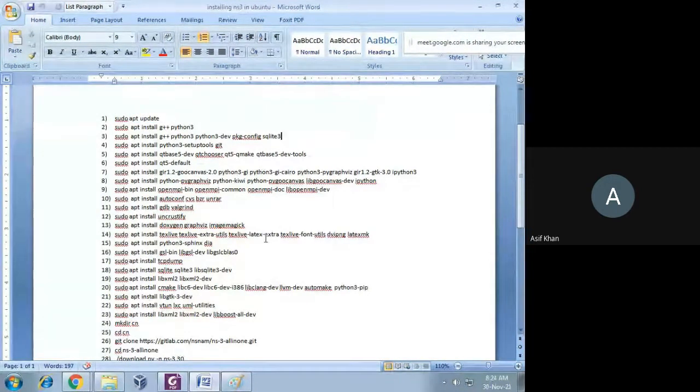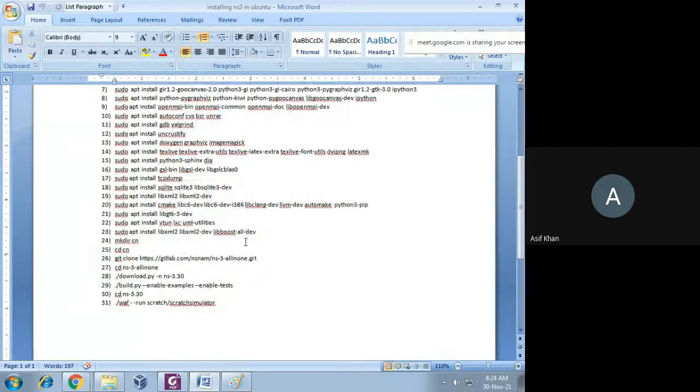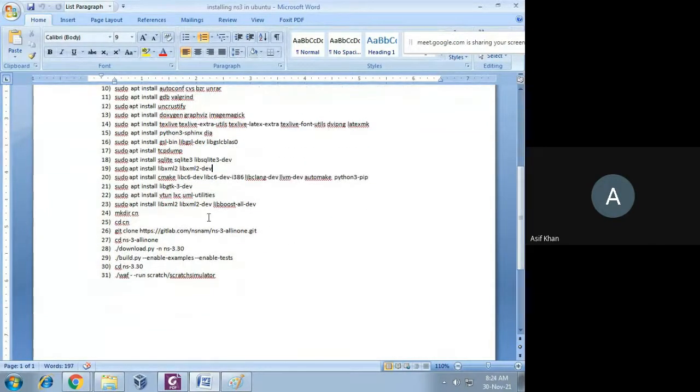In some commands, errors may be ignored. If some error is coming, just ignore that and continue with the other commands. So like this, you have to run these commands up to step number 23.